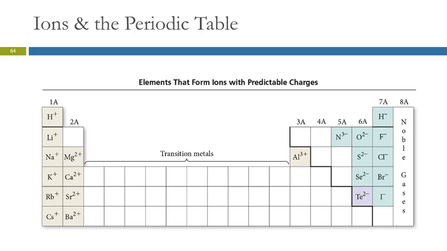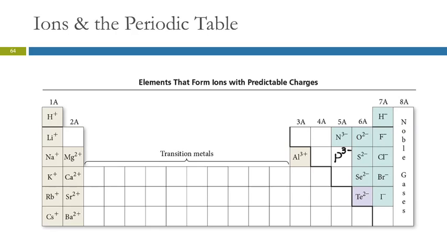Phosphorus does, and I do not know why they left phosphorus off this table, so I'm going to put him in. Does it do the same thing as nitrogen? It does the same thing as nitrogen. Wait, I didn't want purple, I wanted black. So phosphorus is right here. Another way to remember what these charges are is to think about counting backwards. Maybe you're playing a weird board game, and the starting place is on the noble gas, and then you count backwards: -1, -2, -3. So phosphorus will form a -3 ion. And below phosphorus is